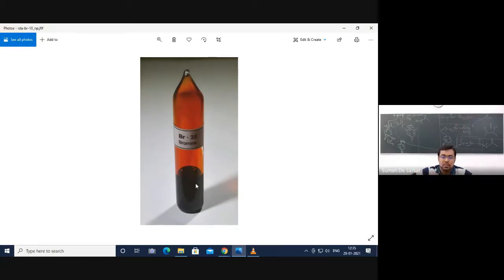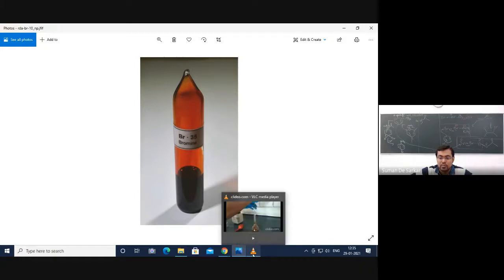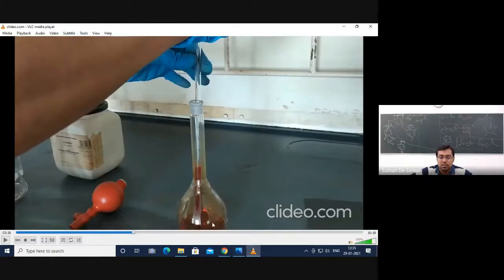And you can see the concentrated bromine is like this. It's so dark, almost looking black. And these are the vapors, you see the red vapors. The liquid bromine is always vaporizing. That's why you really need to be careful. You should not inhale it, otherwise it will oxidize whatever cells it goes into. That's why we are using a fume hood. Once you dilute it, the color becomes a little bit less dark.